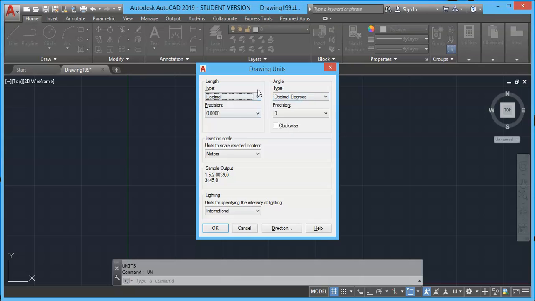There are different types of units. Decimal is for millimeter, centimeter, meter or kilometer. Architectural is for feet or inch. So if you want to draw in millimeter, centimeter or meter, you have to set this to decimal, and below